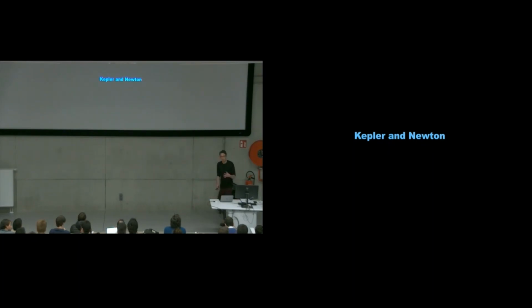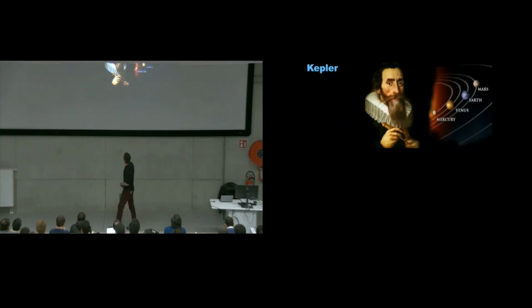So the last vignette is about Kepler and Newton. This is one we've been thinking about for a really long time. Kepler, based on the vast amount of data from Tycho Brahe, revolutionized our model of the solar system. He was the one that finally broke the Ptolemaic system, even though it wasn't as accurate, by figuring out that the planets move in ellipses around the sun. That's a really, really good model.